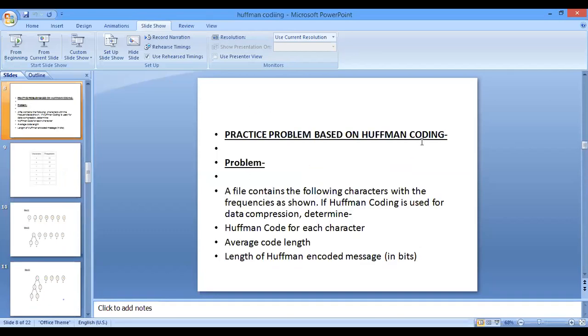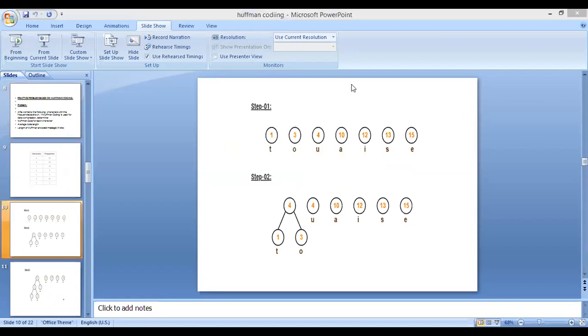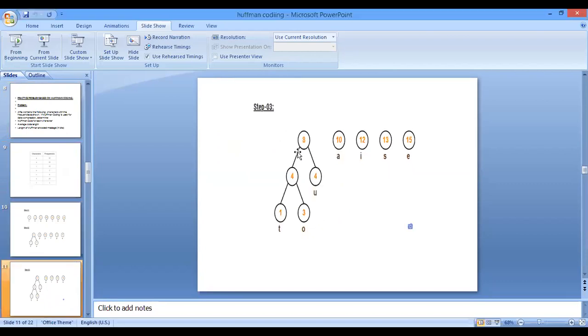Let's start from the first. If here you had your ascending order, okay, in the first step you chose the minimum 2 nodes and combined them. That is 1 plus 3, that is 4. Now you can see the new array is already ascending. So what you have done is 4 plus 4, that is 8. Okay. Then you are having 8, 10, 12, 13, 15.